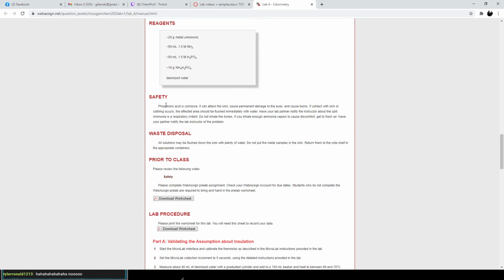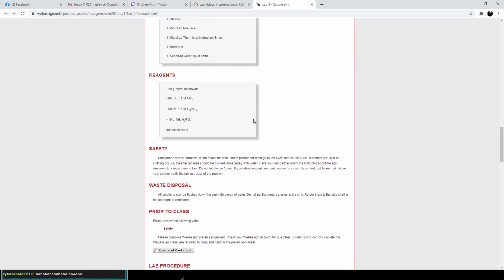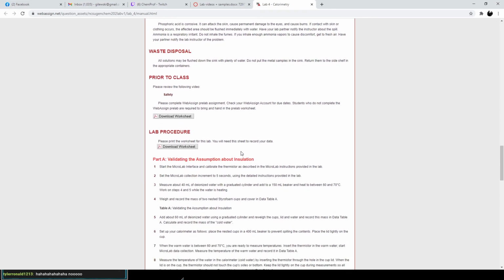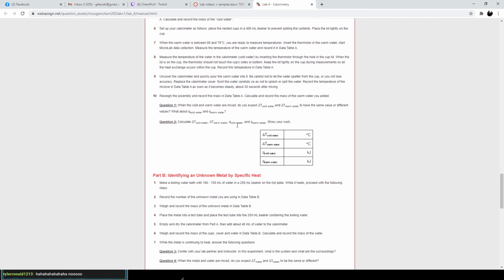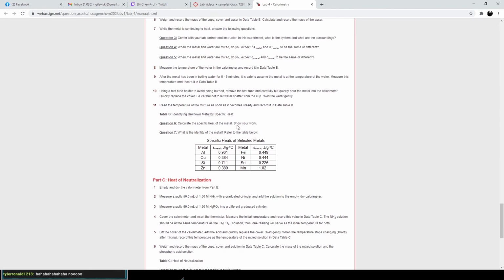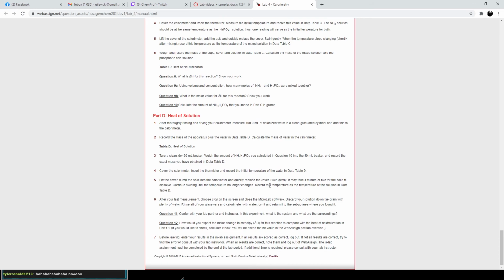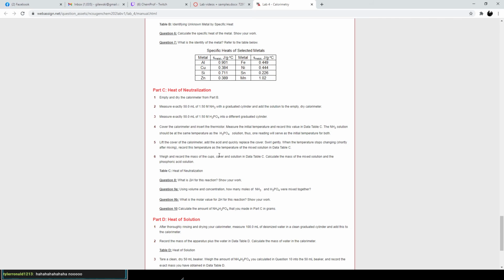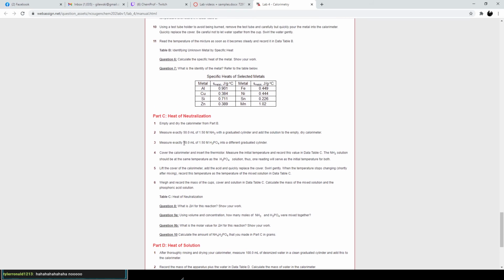So you'll also have your safety information. So if you're going to be working with anything that's horribly corrosive, apparently this person has chosen to work with phosphoric acid, so they're going to put some safety stuff, which is important. And then they're going to be doing this sort of thing, and then so you'll be just kind of putting up an experiment like this. So you don't have to worry about the exact numbers, so long as it's not like 50 gallons of phosphoric acid and 50 gallons of ammonia. I mean, that would just be pretty wasteful. So try to keep it somewhat small,